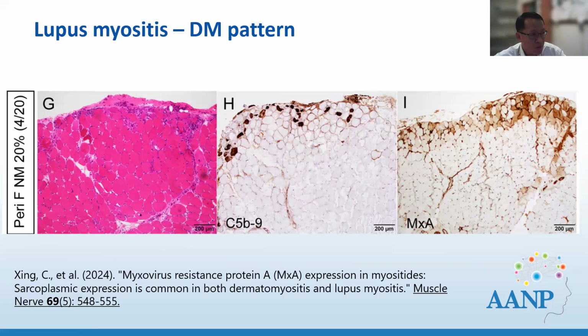Pathologically, about 20% of the lupus myositis show this perivesicular necrotizing pattern. So this is the HNE, and this is a C5b9 that shows you the necrotic fibers and also the membranous stain in the viable fibers. And most trickily, MxA is strongly positive in these cases. So you can see the strong staining in the perivesicular pattern here. So without history, like on histology alone, it's almost impossible to separate the lupus with a perivesicular injury pattern from the Mi-2 variant of dermatomyositis.